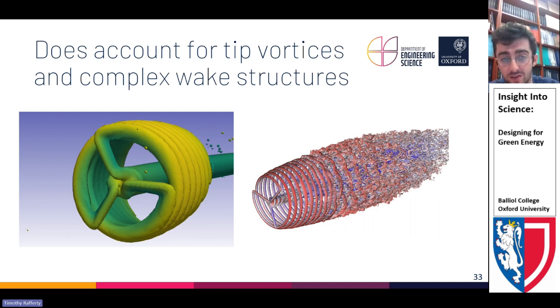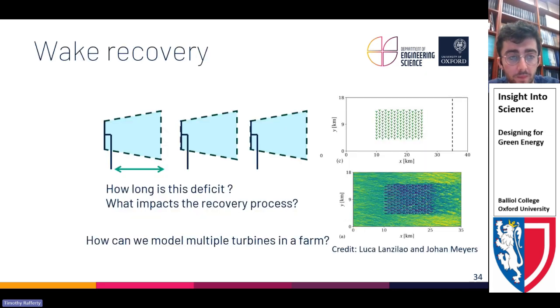These kind of tip vortices and the way the entire wake, so this region behind the wind turbine, is a little bit more complex than just saying it's a velocity at the wind turbine and a velocity later on, and it's only going to be in the streamwise direction. You get these things called tip vortices, and the way they break down and the way that the wind turbine wake recovers is not really described in that model. And